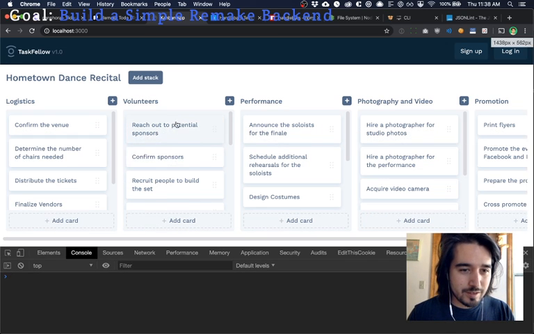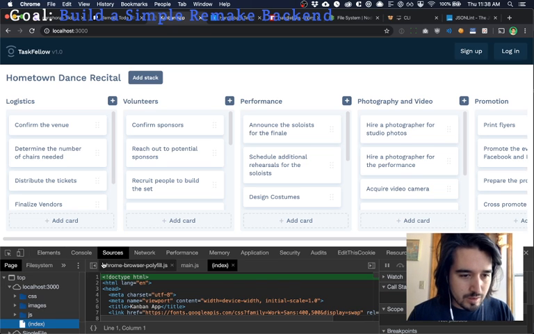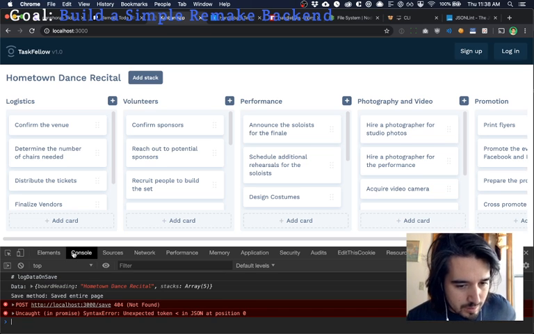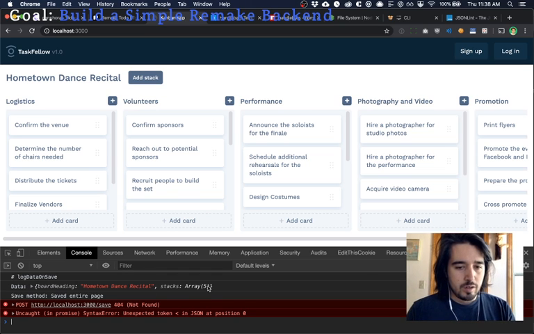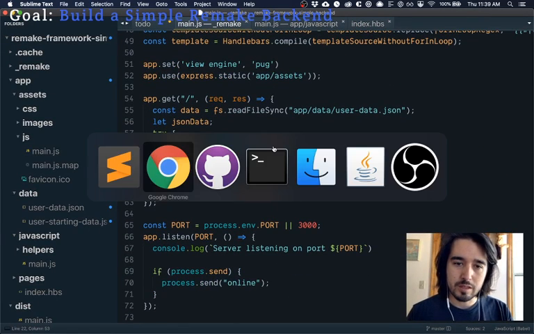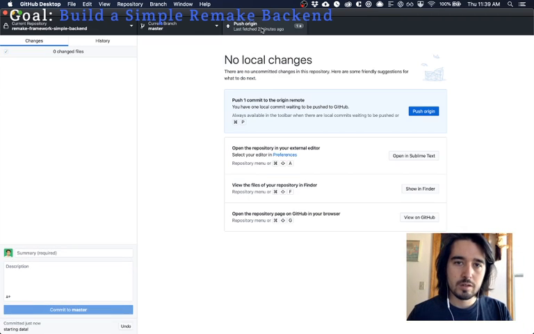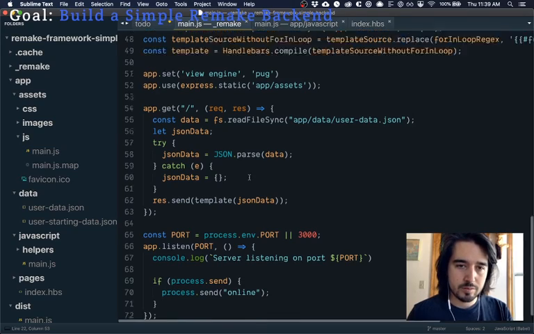So let's see. If I drag this down there, 404 not found, and unexpected token, and promise. Where is this coming from? Huh. I don't know where that's coming from, but that's okay. Okay, so now we need a save endpoint. We'll just say like starting data. Boom. Okay, so